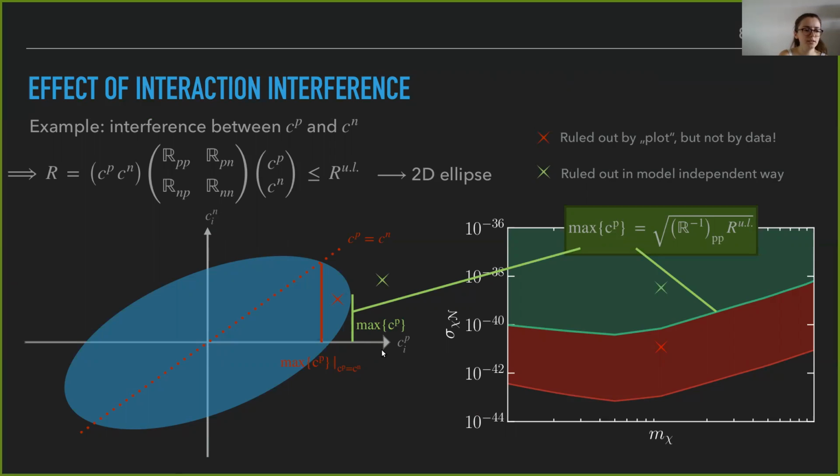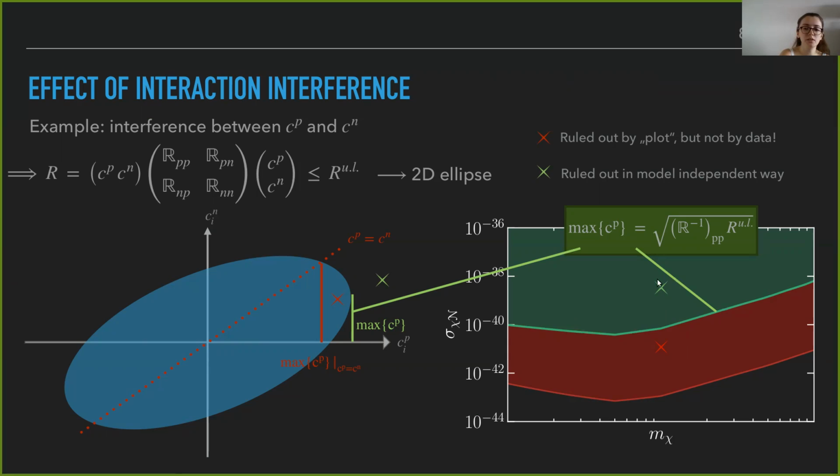Here I have also related this interpretation of the ellipse with an exclusion plot. The red line is again the upper limit with the strong assumption, and the region above is excluded accordingly. If we consider this point in red here, or here, we can say that this is ruled out by the ellipse plot using the strong assumption, but actually it is still allowed by data. The most conservative upper limit is displayed here in green.